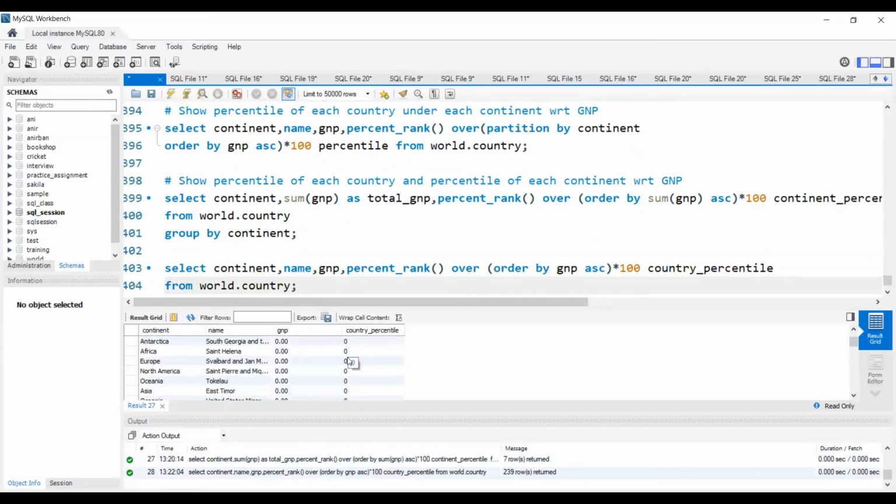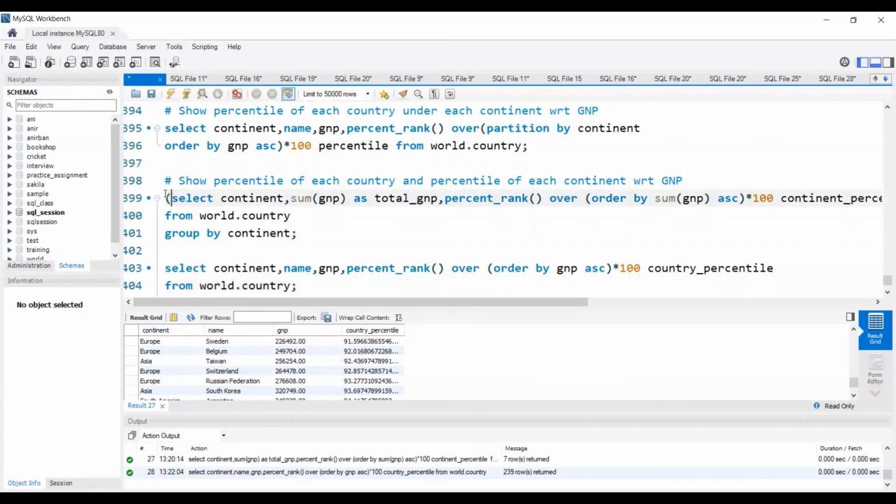So it is showing me the percentile values. It is starting from 0, and United States will have the 100 percentile, as we have seen in the first question. And what are the corresponding continent names? Okay, but I want to show it in a single table: the percentile values of continent, percentile values of country, along with the GNP values and total GNP values. So what I have to do is join these two tables, because we have a common column over here, that is continent.